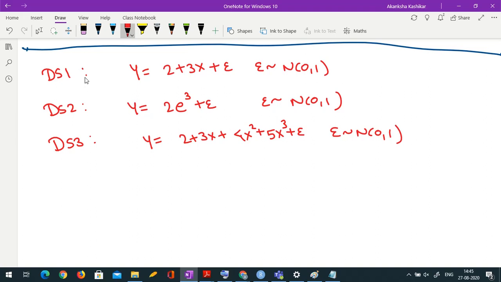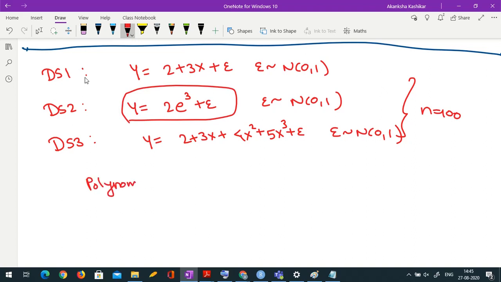Okay, in each case we will take n equal to 100, and we will try to estimate test error via different models, but we won't go for this model. We would try polynomial regression models. So my level of flexibility is via polynomial regression, the degree of polynomial. Okay, so we will estimate the test error on some data. We will see the actual test error. Also, because it's a simulated data set, I can actually keep some part aside and use it for the actual test error.